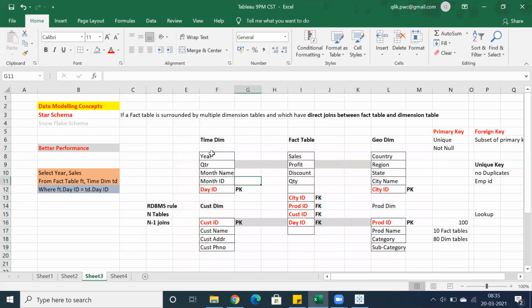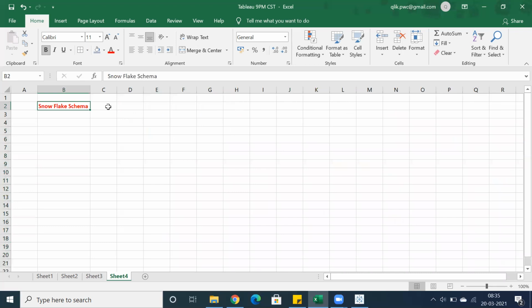So how many tables for the time dimension here? Year, quarter, all in one table, correct? Yes. In Snowflake schema, the larger dimension table is divided into multiple sub-dimension tables.